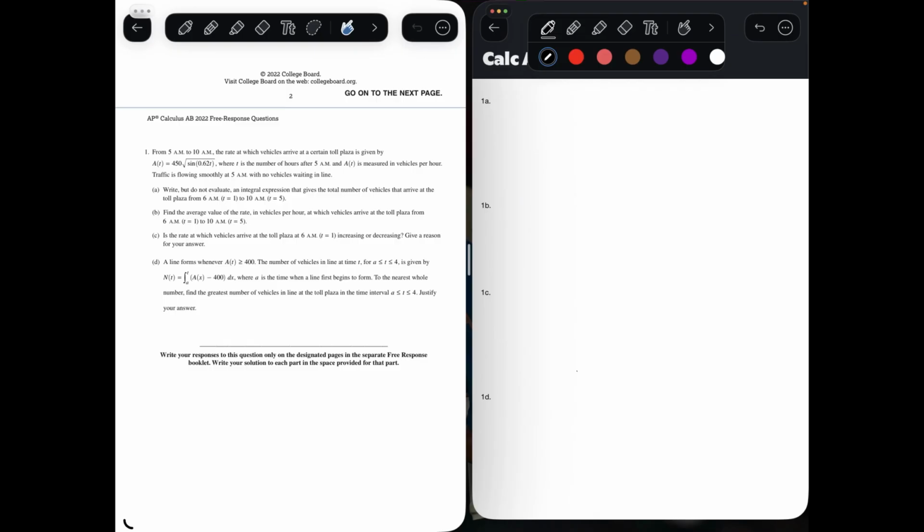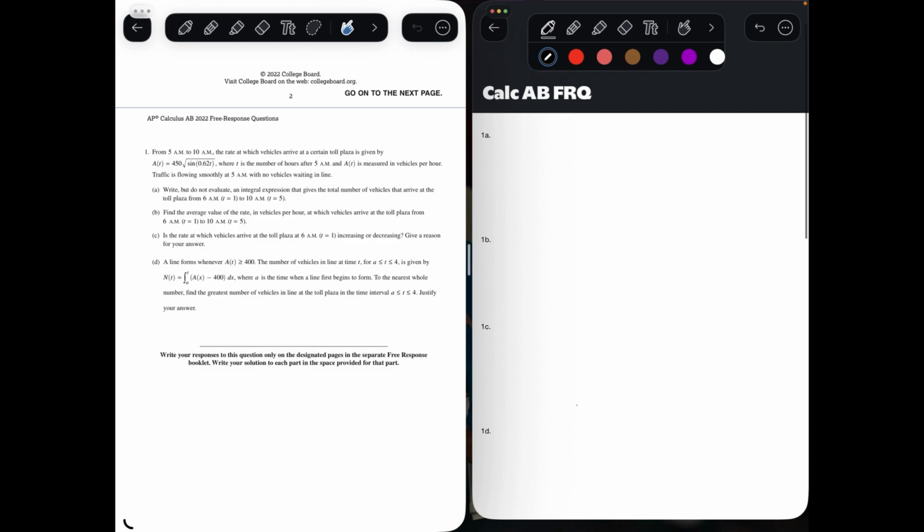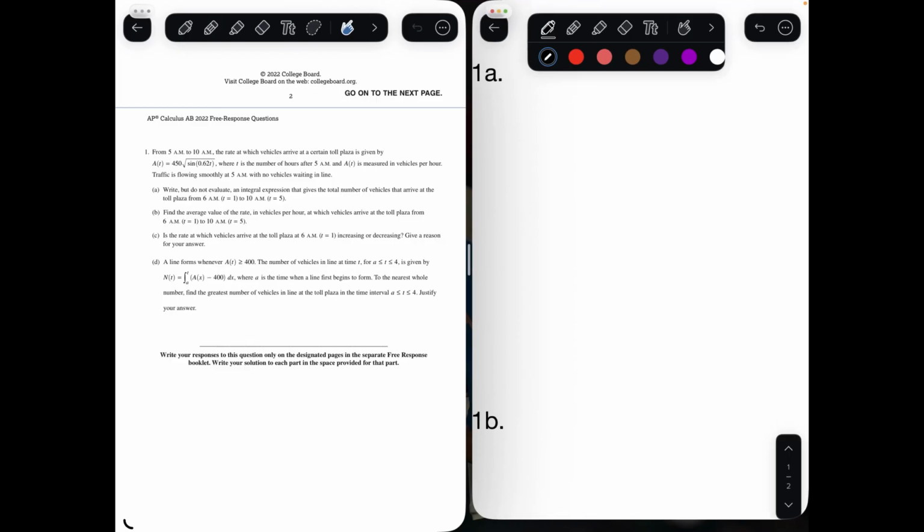in order to find the total number of vehicles that arrive at the toll plaza, because this will find your change from t equals 1 to t equals 5, and the integral will help you determine the total number of vehicles that arrive at the toll plaza. So again, when you're trying to find the total amount of something, and you have the rate, just integrate the rate. So for this question, I would have my integral